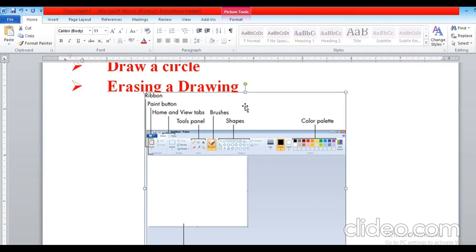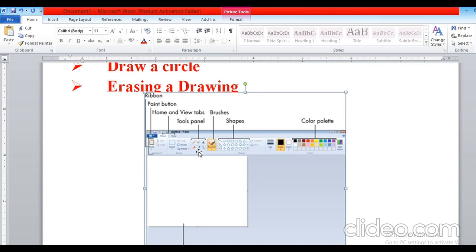This is called the size button. And this is called the shapes group, where my cursor is. And this is brushes. And this is the color palette, or you can say the color group also.